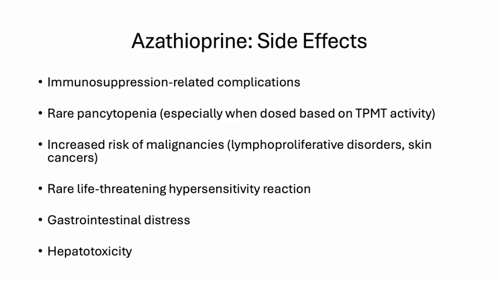The major side effects of azathioprine are primarily related to its immunosuppressive effects. Pancytopenia can occur, though it's rare when dosing based on TPMT activity. There's an increased risk of malignancies, particularly lymphoproliferative disorders and skin cancers. And a rare but serious concern is a